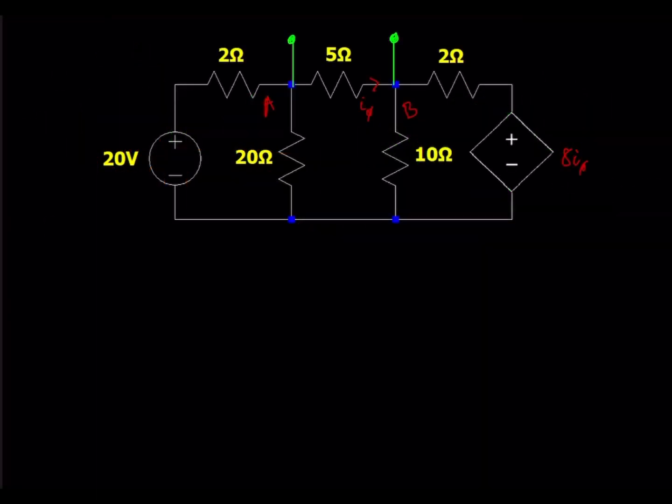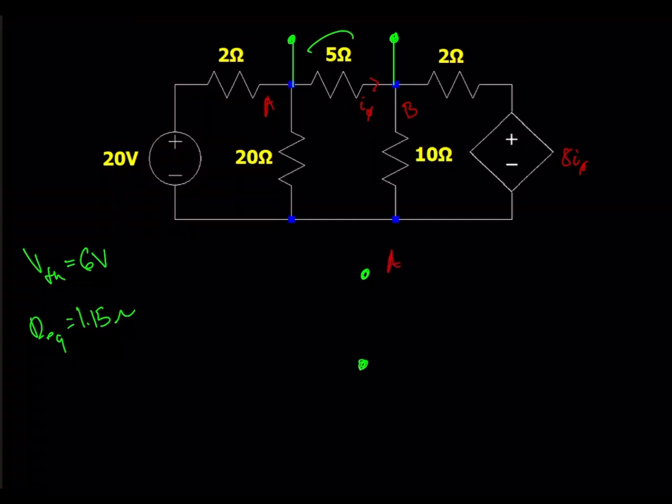Alright, so I've just brought back the original circuit here now that we've figured out what our values are. So again, we were trying to mimic this circuit's behavior and get a simplified model across these 2 terminals here. So now that we found previously that our Thevenin voltage was 6 volts and that the resistance across these 2 terminals is about 1.15 ohms, we now have all the information we need to simplify this entire circuit's behavior at these terminals. So again, if we have our terminals A, B here,